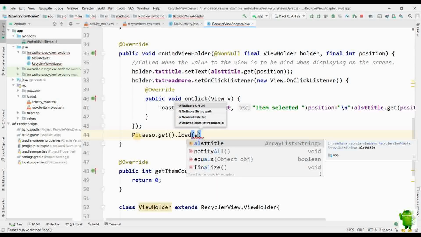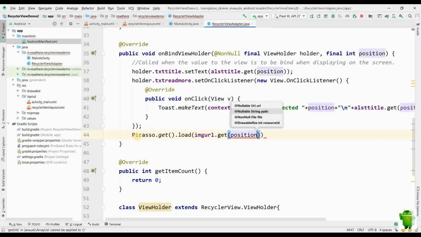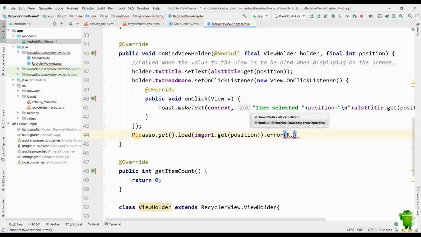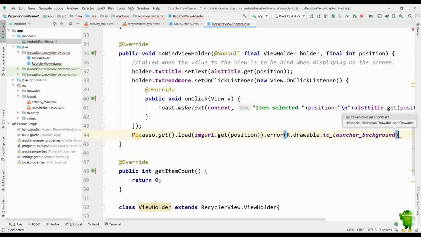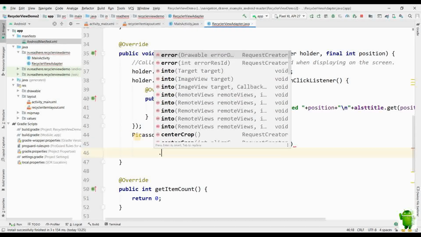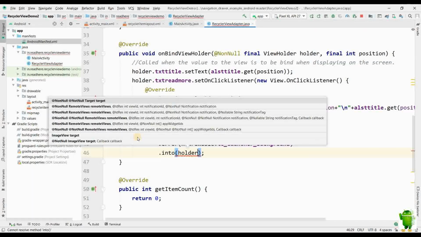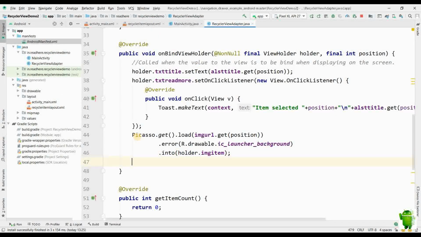Picasso.get().load. We'll add the URL from arrayListImageUrl.get(position). It will give us the URL, and if any error occurs, then it will load the R.drawable.ic_launcher_background image, and if it is successfully loaded, then we will add one more line of code, dot into, our holder.imageItem.